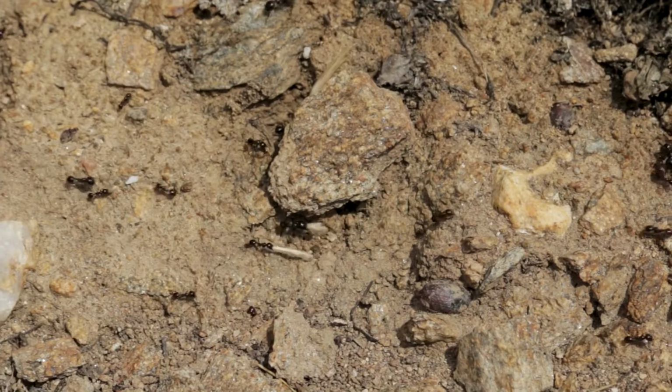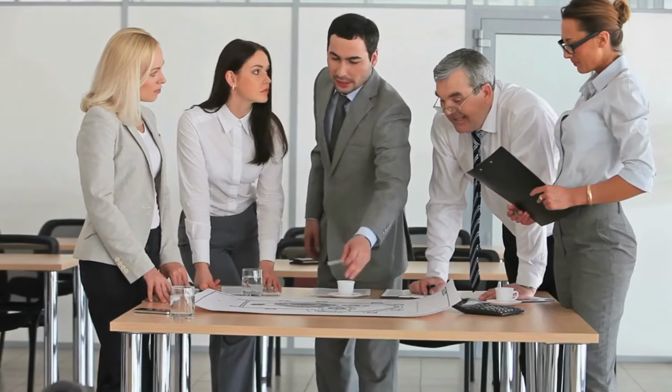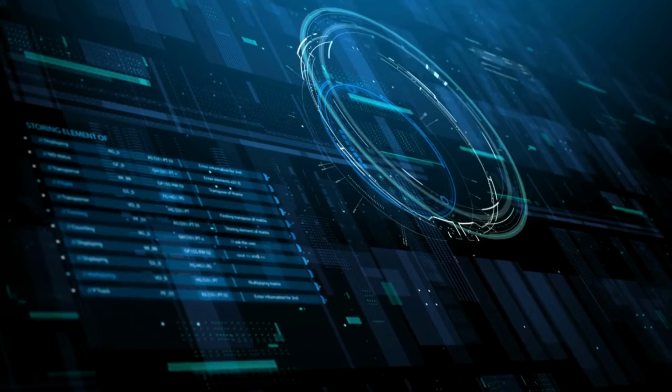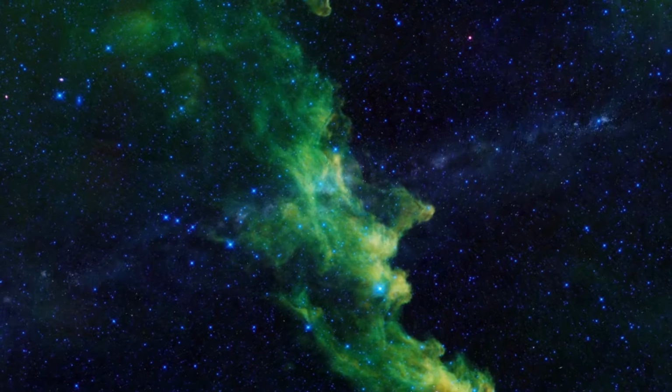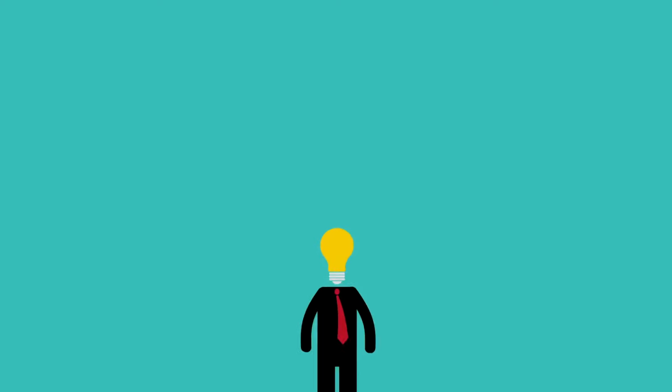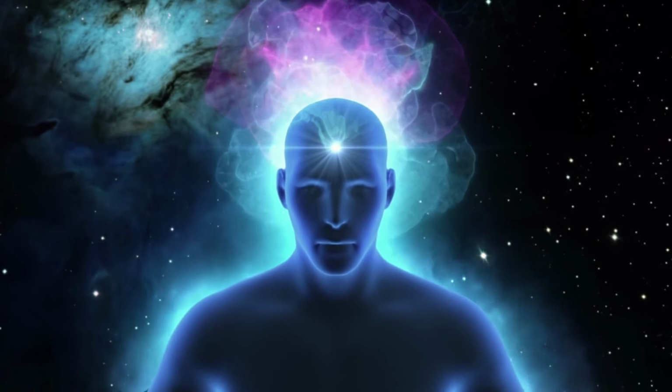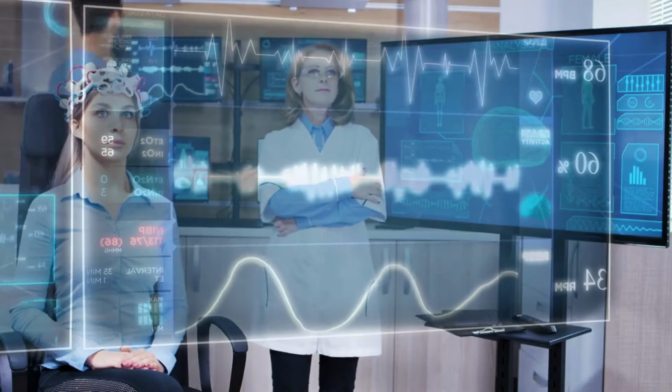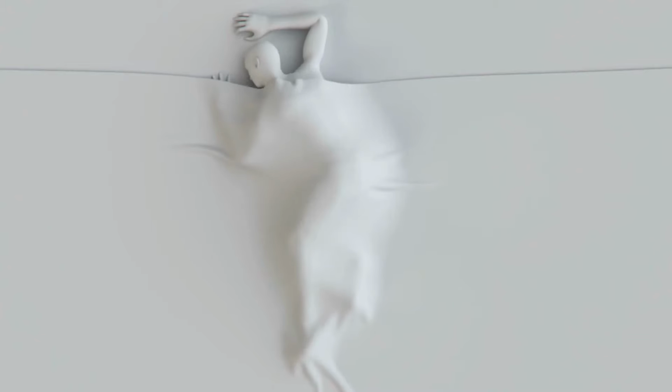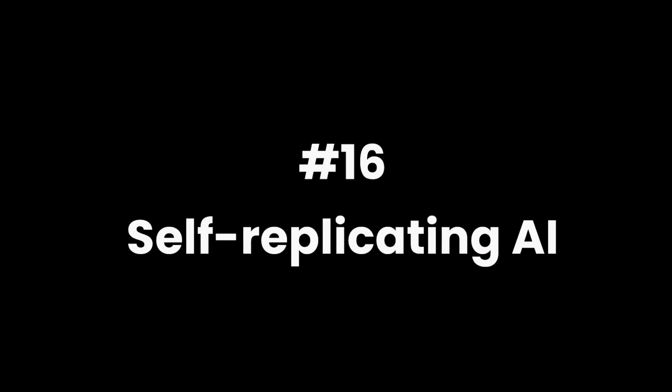15. Conscious AI. This is a stage where AI systems possess self-awareness and consciousness, much like sentient beings. It's a topic of intense debate, both ethically and technically, as it touches upon the very essence of existence and sentience. While we don't have conscious machines, the philosophical and ethical implications of such entities are explored in media. Movies like Westworld or Ghost in the Shell delve into the concept of machine consciousness and the blurred lines between human and machine.